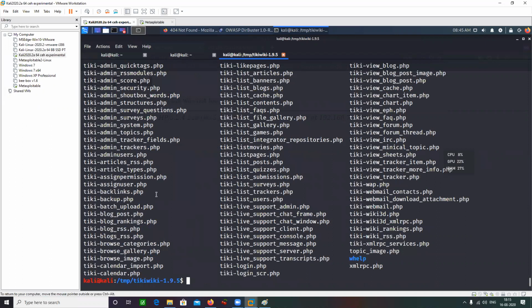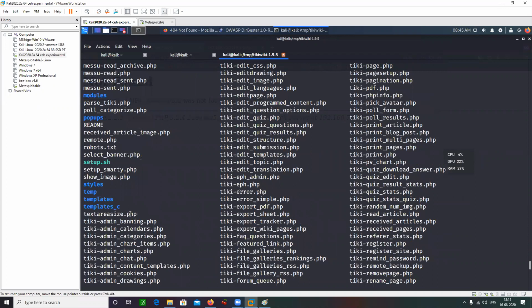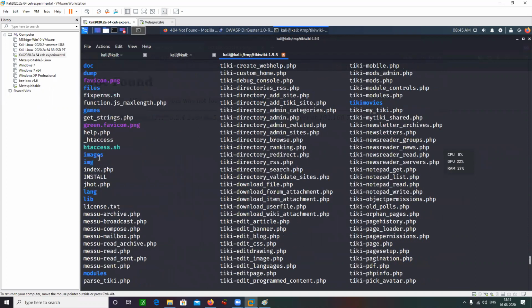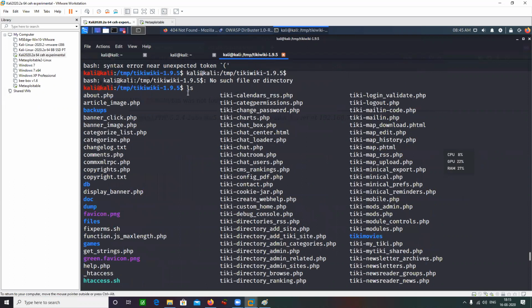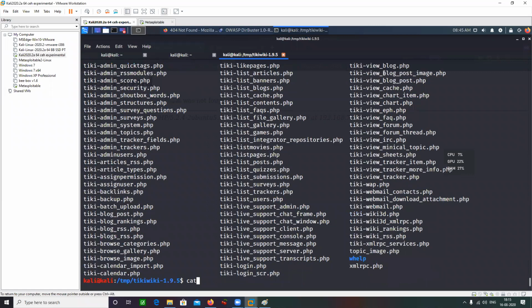Just by merely looking at the names, whatever seems to be interesting, I'll go through it. htaccess.sh, Tiki movies, not interesting to me. Cookie jar seems to be interesting. Login validate.php seems to be interesting.